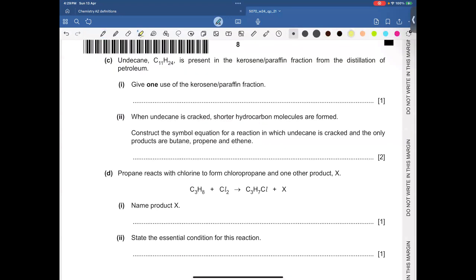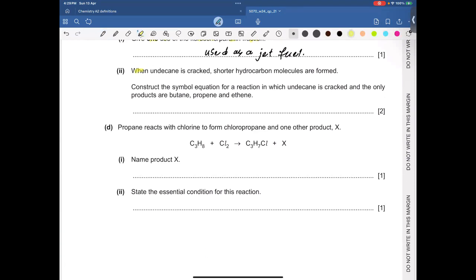Next, undecane, which is C11H24, present in kerosene or paraffin fraction from the distillation of petroleum. Give one use of kerosene or paraffin fraction. So kerosene is used as jet fuel. When undecane is cracked, shorter hydrocarbon molecules are formed. Construct the symbol equation. So the examiner is looking for the symbol equation